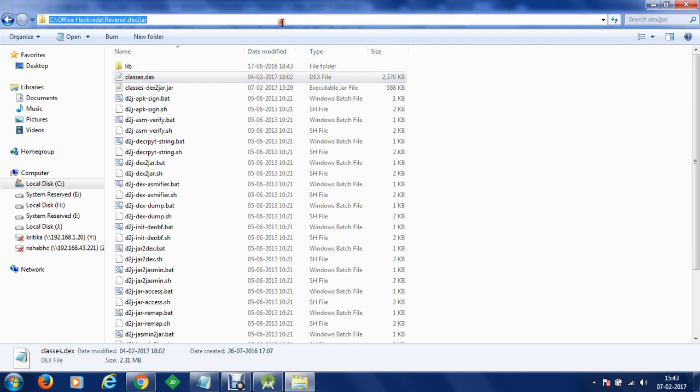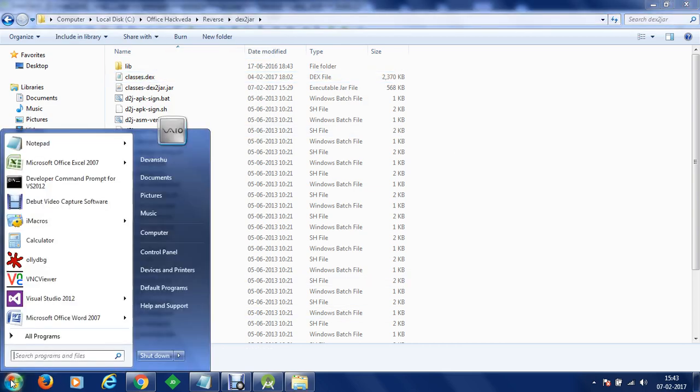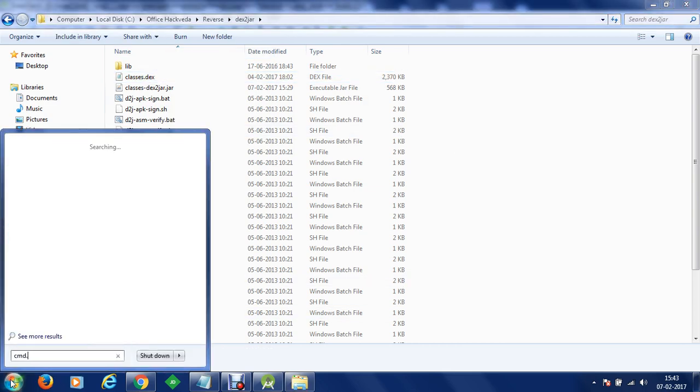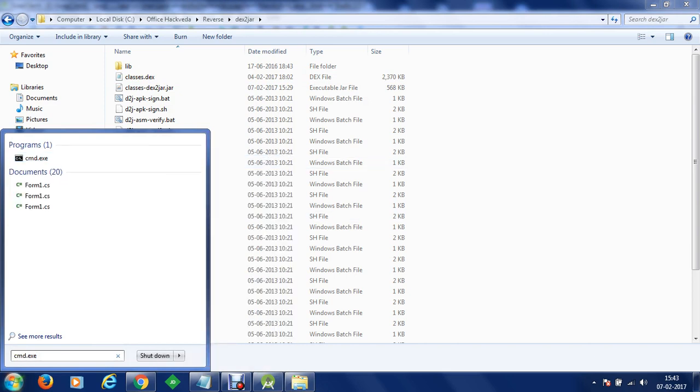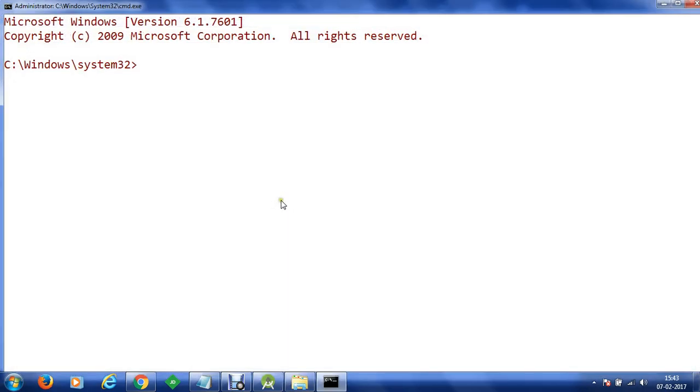To do this, we copy the dex2jar path. We go to command prompt. Let's open command prompt and run it as an administrator. Now once we are here, we are going to execute the dex2jar command.